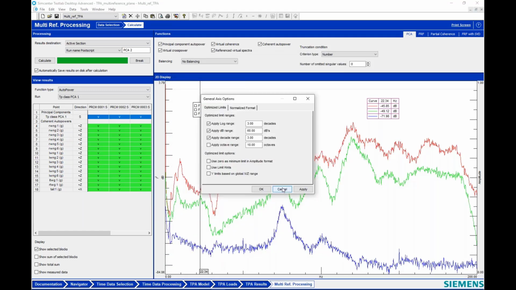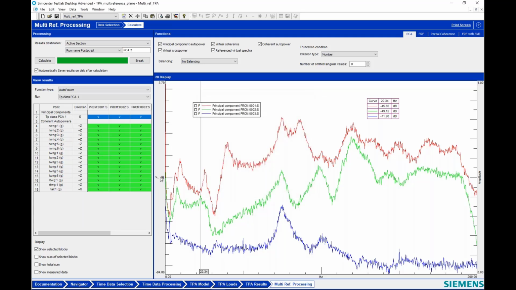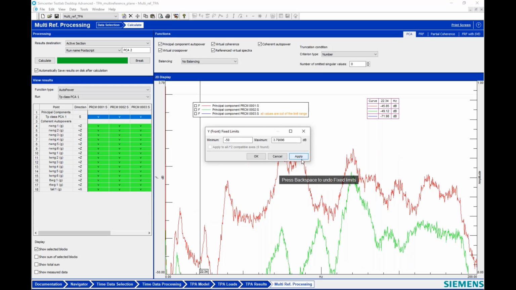I think it's under general. A lot of times when you go into the software, the lower curve is hiding. So you can turn some of this stuff off, or you can manually set the limits so you can see that last curve, because a lot of times that last curve is hiding. So for example, if I set this to fixed, maybe I put this bottom at minus 50. Okay, you can see I don't see that last curve.